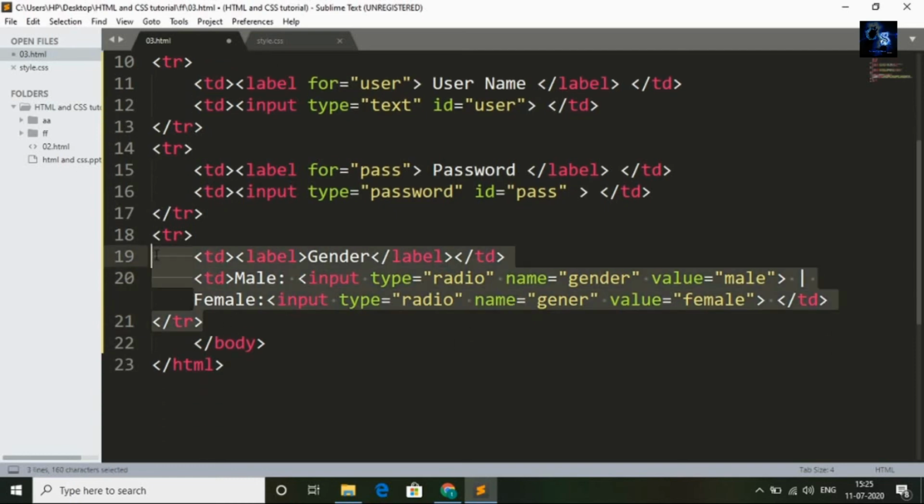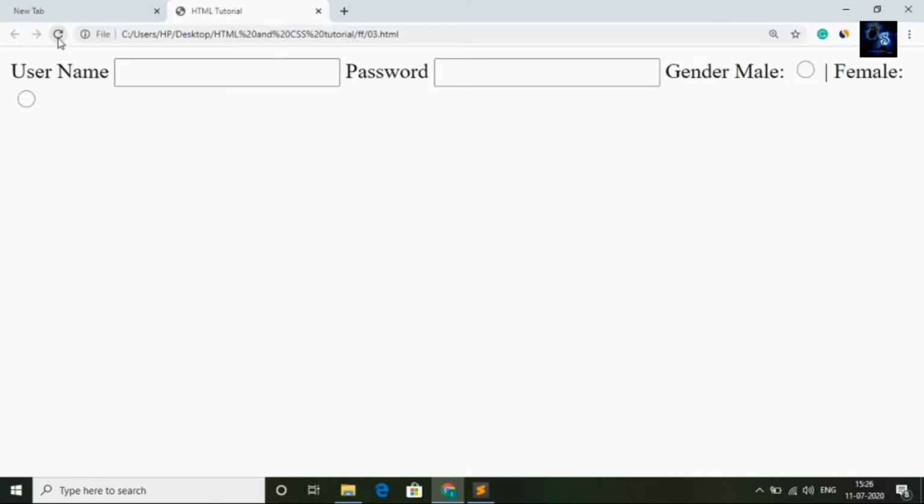This is how you can ask the user to enter gender, whether you are male or female. Now I will save this and I will go back to the browser and I will refresh. Here you can see gender male or female. This is called radio. You can check here or you can check this. Later I will make this form more beautiful.